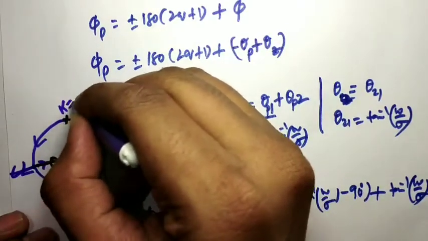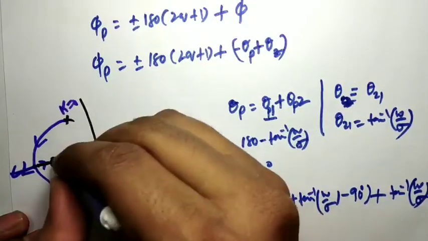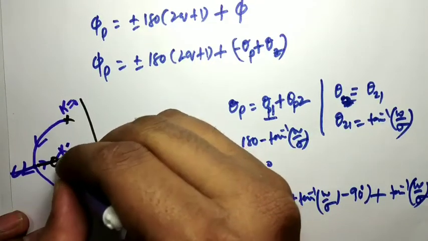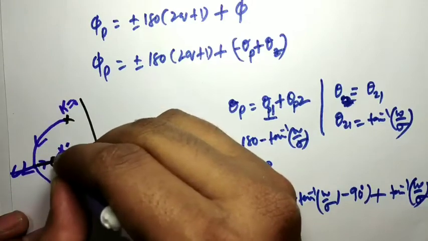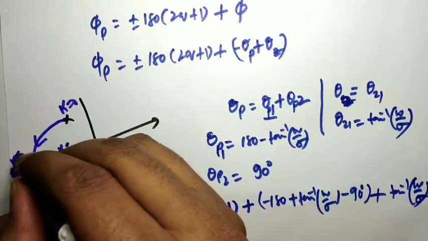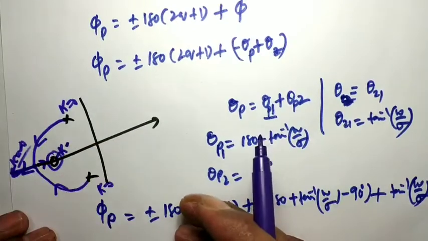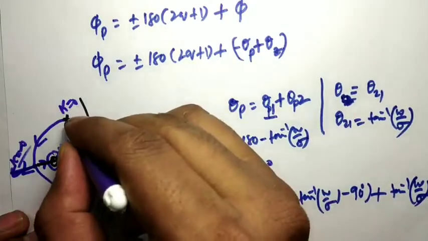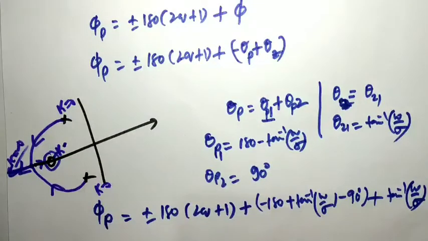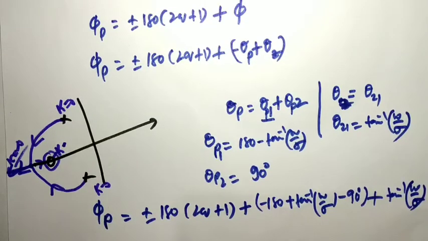This starts at k equal to 0, and this will terminate at the zero, and the other at k equal to infinity. So this is how we are going to find the angle of departure. Next, in the eighth rule, we are going to find the angle of arrival. There are many examples, I will explain to you.